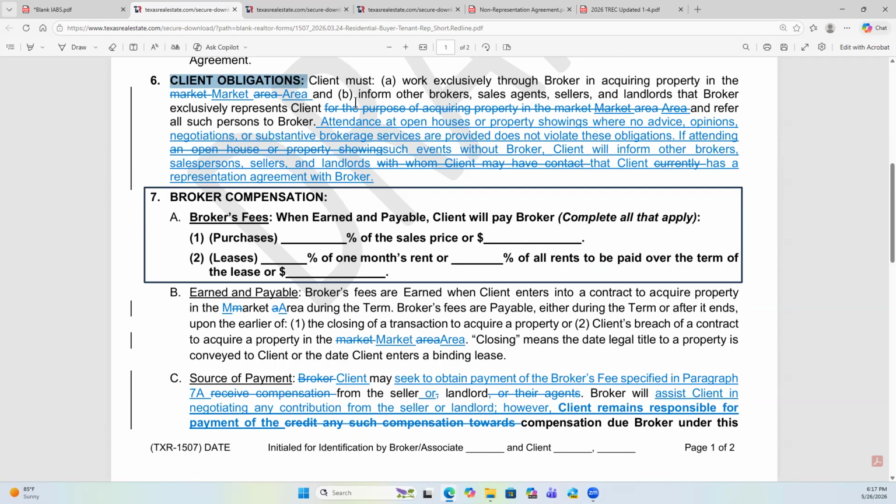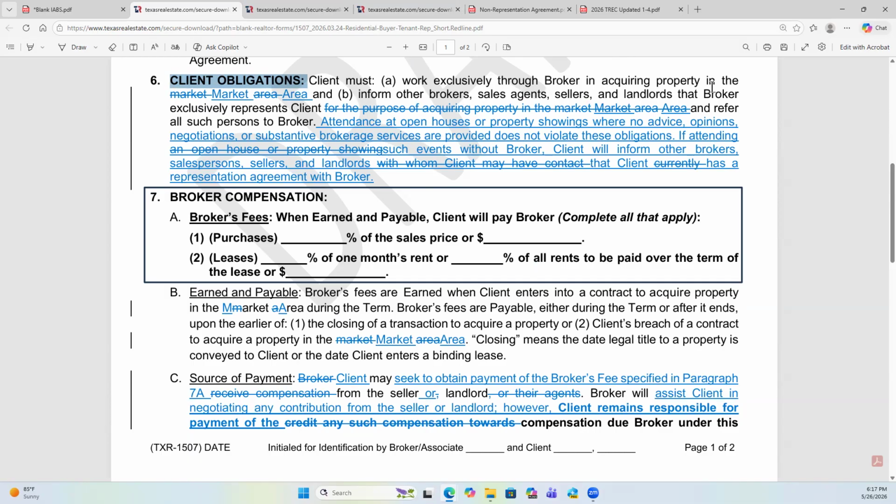And at the end of it, you're just like, well, do I get paid or not? This document is saying you are going to exclusively work with me. You're not going to work with anybody else. You're going to work through this broker. Okay. All right. The second thing they're guaranteeing, these are client obligations, is that they must inform other brokers, sales